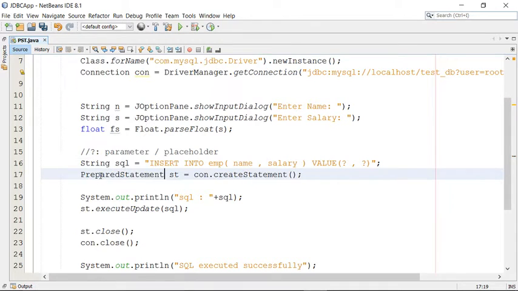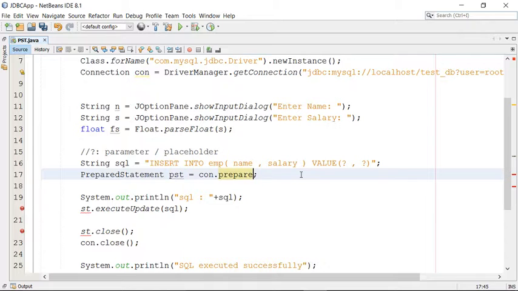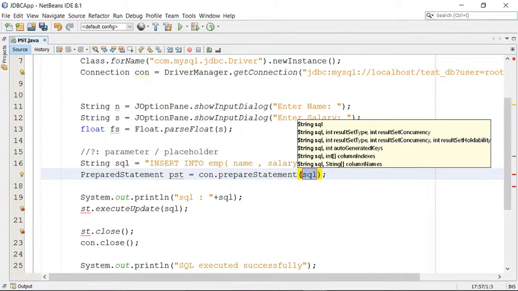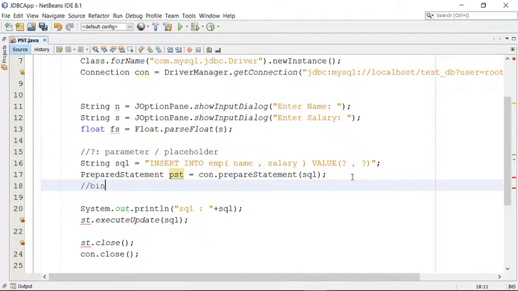To create a prepared statement you must require a query. So I created a query, and I call this object as prepared statement, and there is a method called prepare statement. This method will take one argument here, and that argument is nothing but your query. So now your prepared statement is ready. So you need to bind data